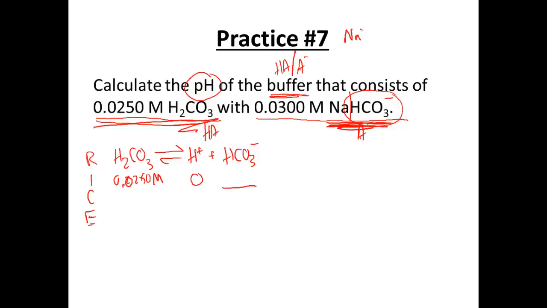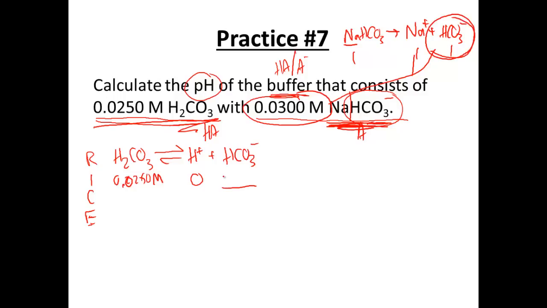Sodium hydrogen carbonate, because it's made of sodium here, it's soluble, and it breaks apart in a 1-to-1 ratio of sodium and the second ion, hydrogen carbonate. Because of the 1-to-1-to-1 ratio, this is the concentration of both things, but it's really the concentration of this hydrogen carbonate we care about. So that goes in right here,